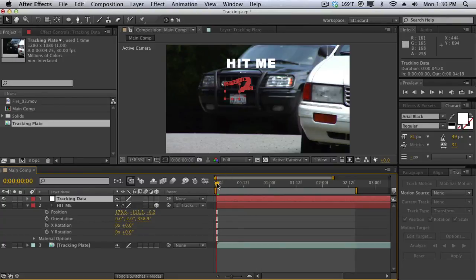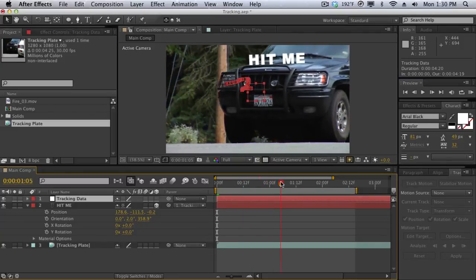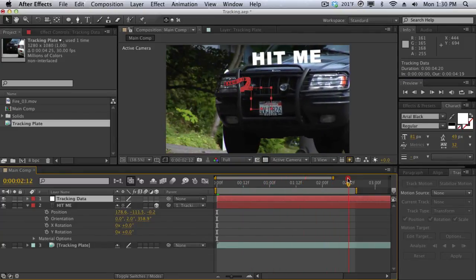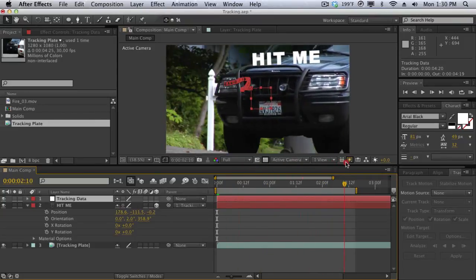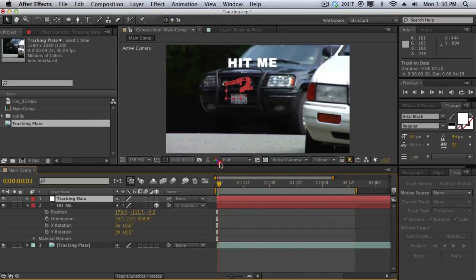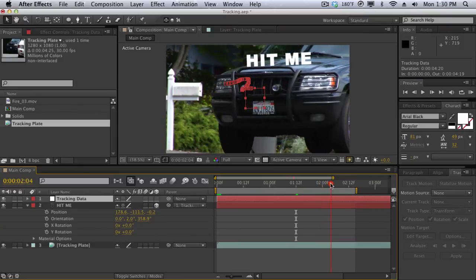So as you can see, our text is following our null, and the null is following the car. So we have a really nice composited text in our scene. And as you can see, our text just follows our car just the way we wanted it to. So because we tracked the motion of the car, we were able to apply that same motion to our text. So the text is actually just mimicking the motion of our car here. And that is the basics of